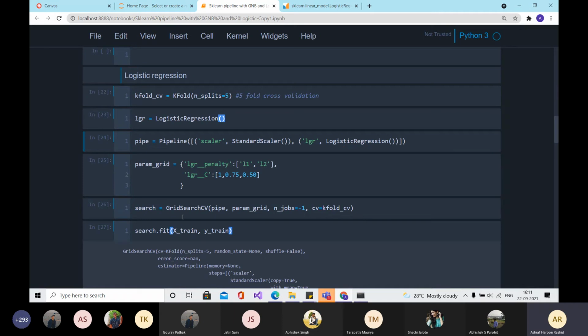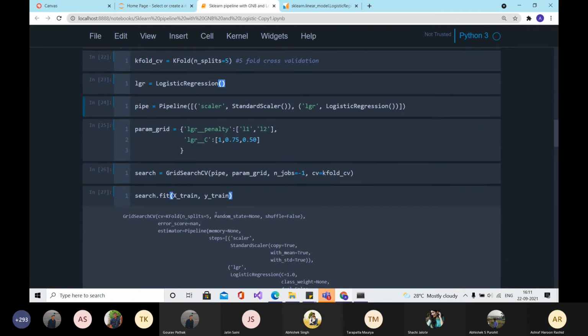So that would give you your Gaussian or let's say any other variant of naive bayes classifier which has been trained on your data without any defect.